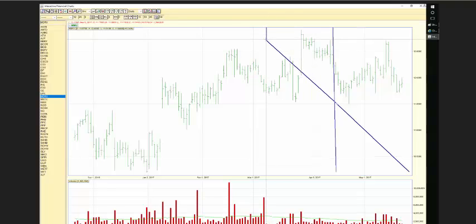There's our strike price, maybe at $12, $13. And if we can have a stock or an index or an ETF or a stock replacement channeling